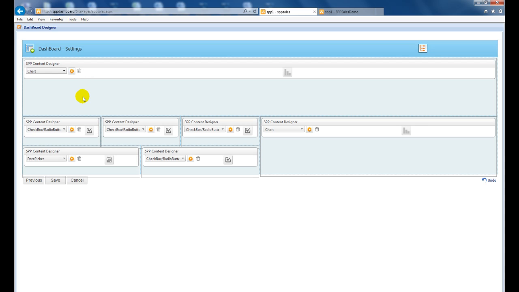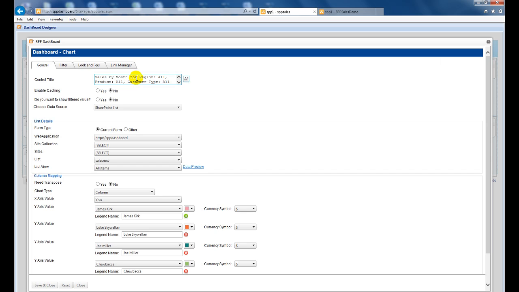I'm going to show you settings for chart control. Click on the settings icon. In the general tab, you can enter the title. You can select the data source. You can select SharePoint list or the databases. If you select SharePoint list, the list of web applications will be shown here. You can select the list